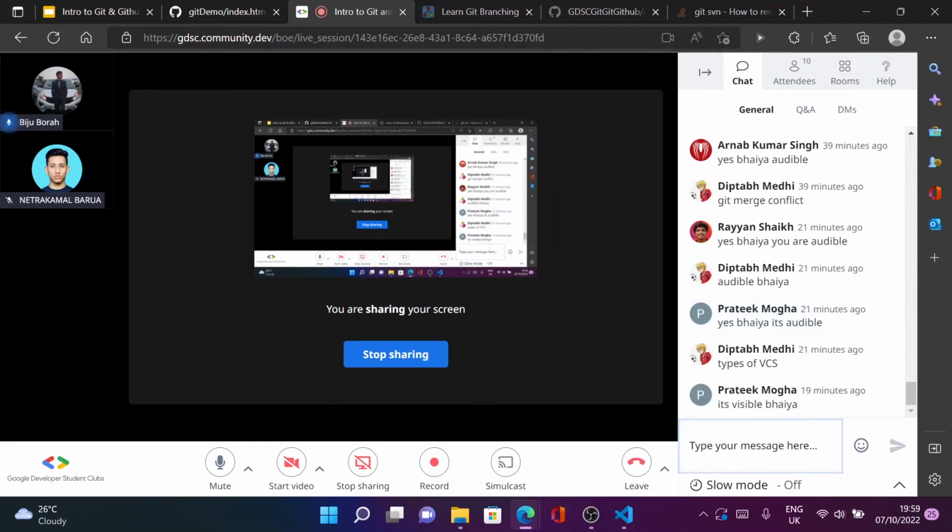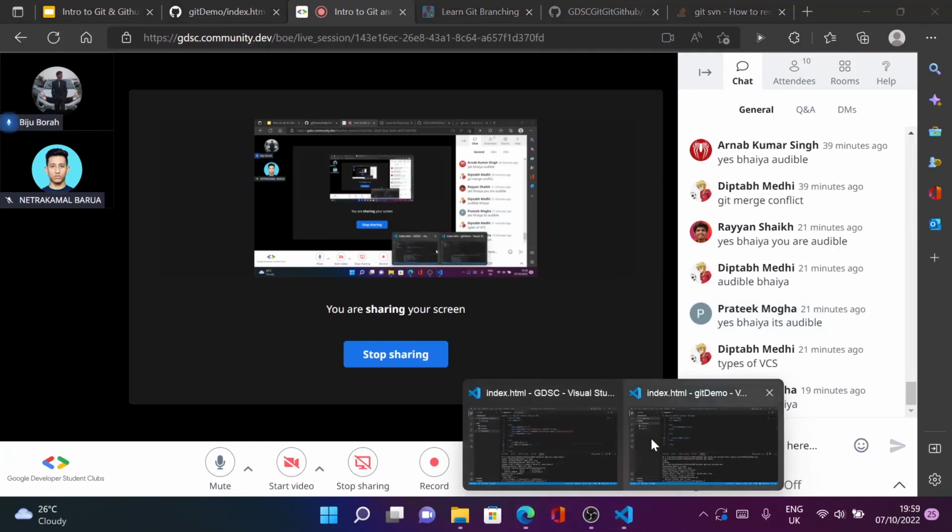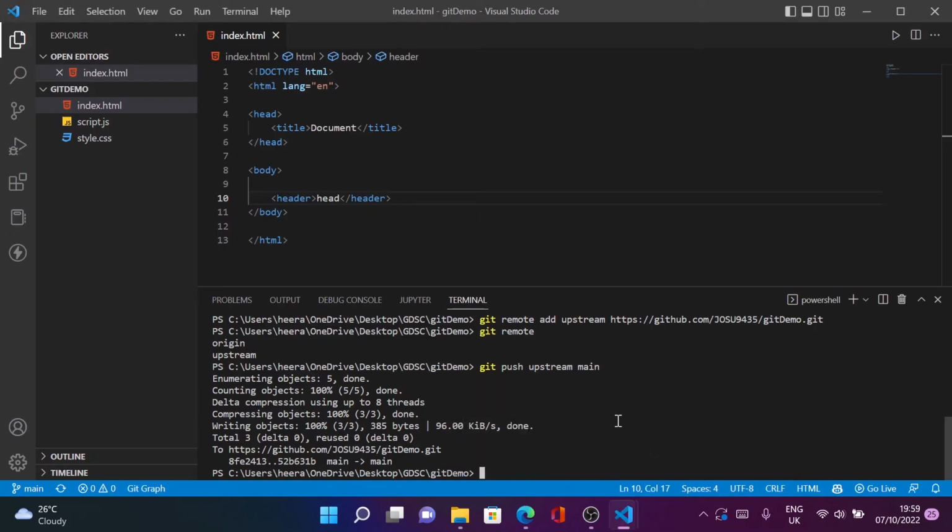So PR is basically, suppose at this point, as you already know, I have permission to make changes to my friend's repo. But if you are working on someone else's code and you fork that repo from their GitHub repository to your own personal profile, and you make some changes there and you want to make these changes available to all, but still